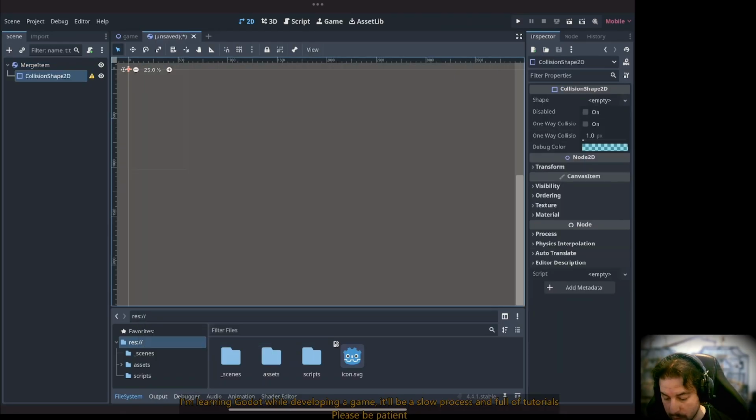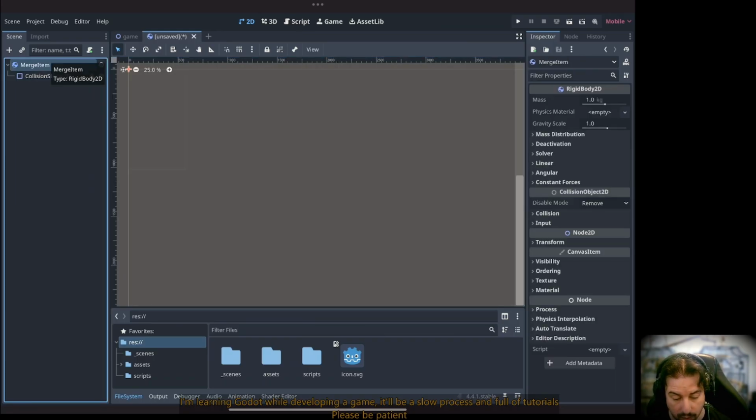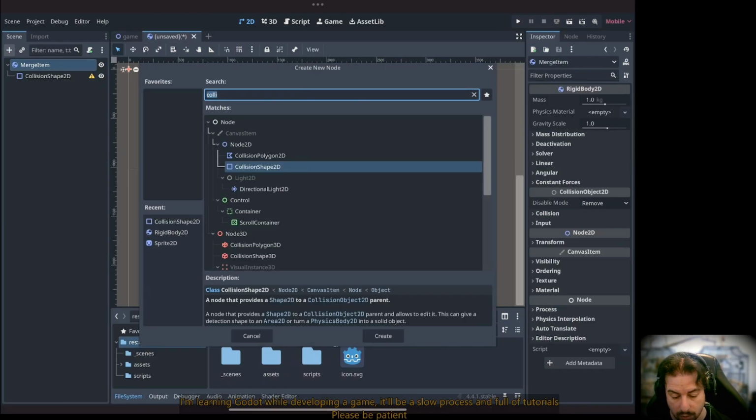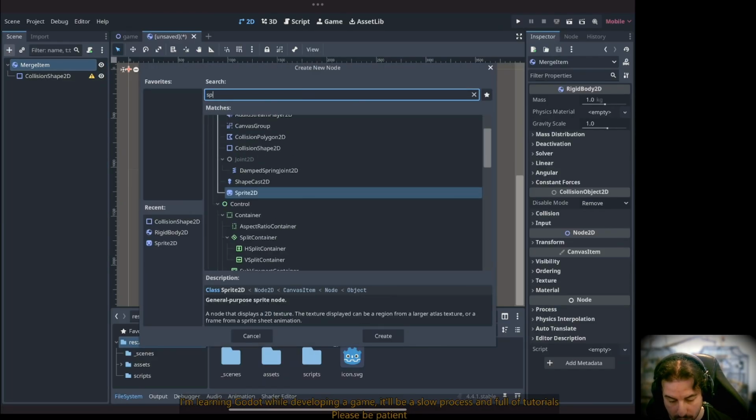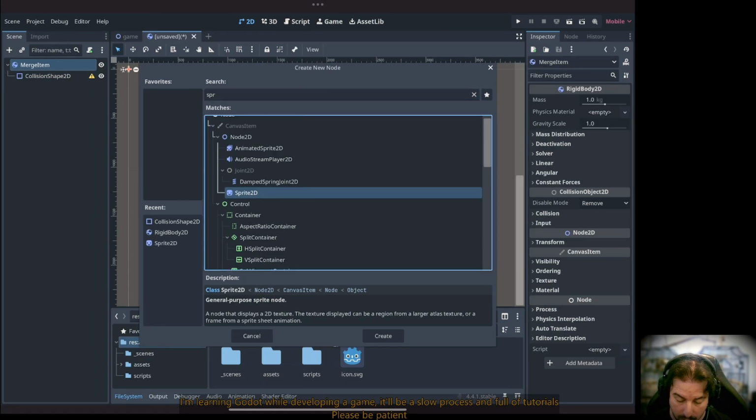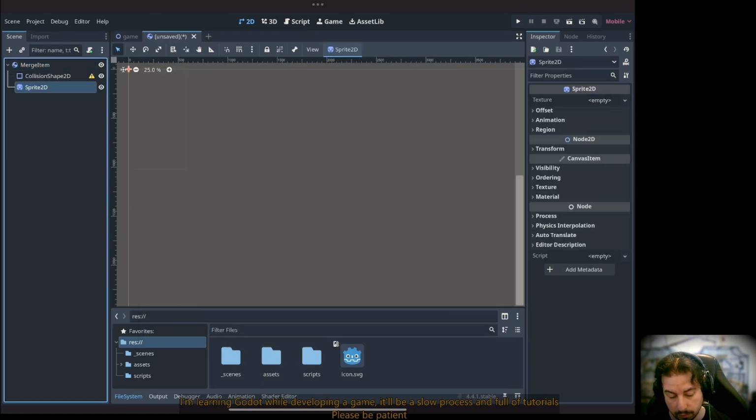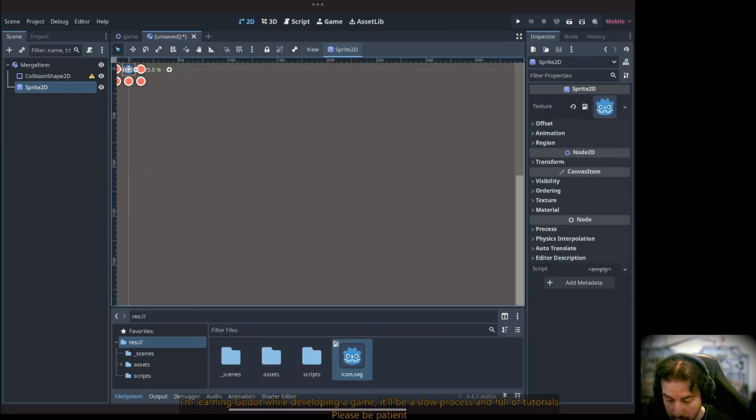I still want to create a shape because first I want to add a graphics texture to it. So I will add a Sprite2D. So it will be very simple, and for that I will use, for now,